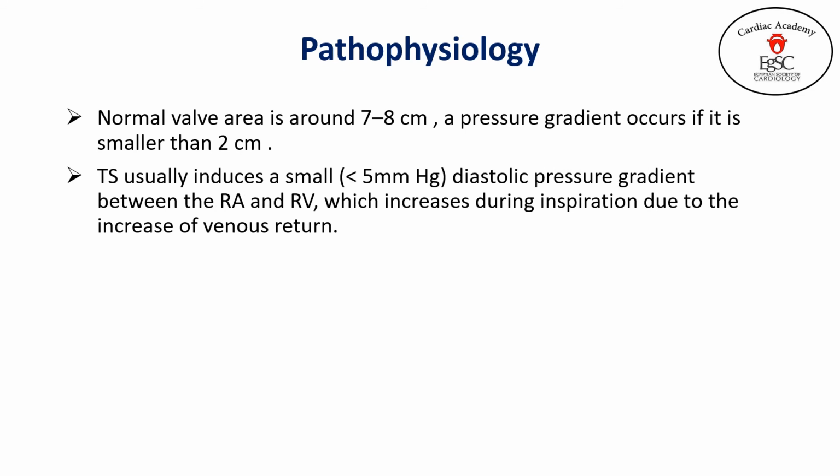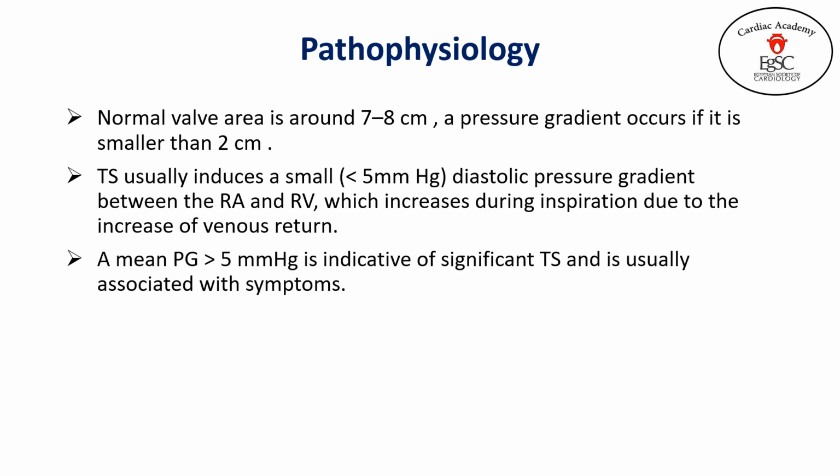Tricuspid stenosis usually induces a small, less than 5 millimeter mercury diastolic pressure gradient between the right atrium and the right ventricle that increases during inspiration due to increased venous return. A mean pressure gradient of more than 5 millimeter mercury is indicative of significant tricuspid stenosis and is usually associated with